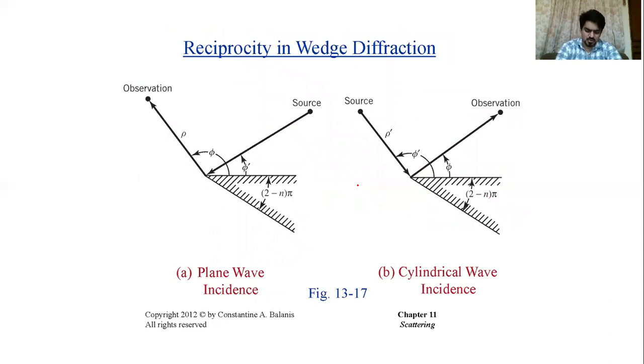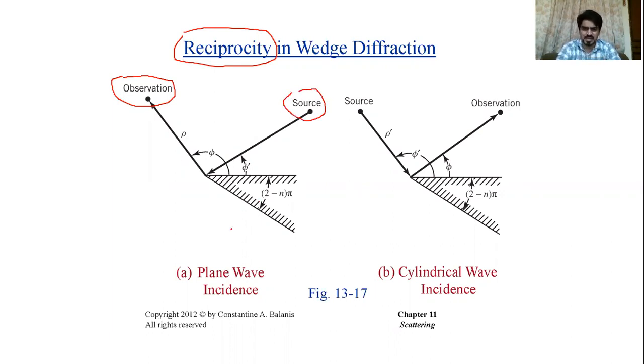So also, in addition to that, I just showed you, while explaining the expressions of the total Ez and total Hz fields, we also introduced something like sin v times (phi prime minus alpha) in order to maintain the reciprocity. So that is what we are showing here, the reciprocity in the wedge diffraction. So in the first figure, your observation point is in the near field and your source is here, let's say it's located in the far field.